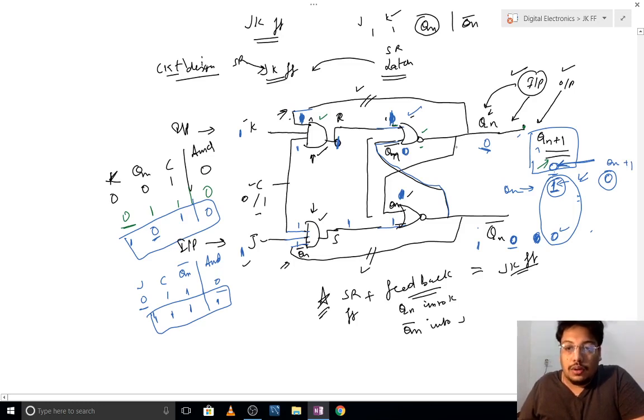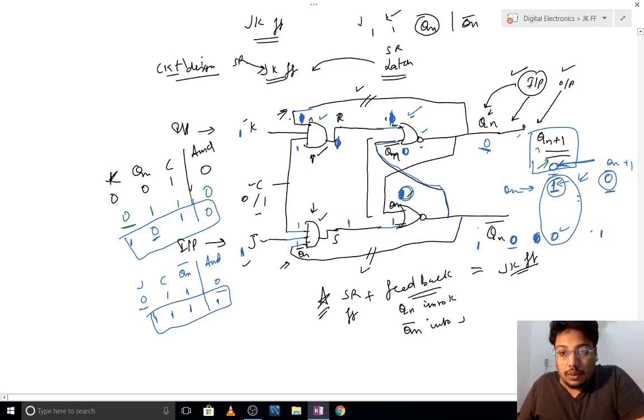Okay, now Qn bar must be 1, because Qn plus 1 is 0. So if you put this 0 over here, and J and Qn bar is 1, then 1 plus 0 is 1, and notting it will be giving me 0.